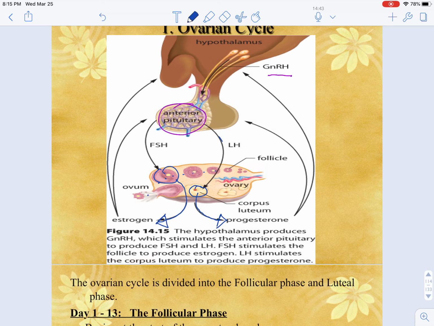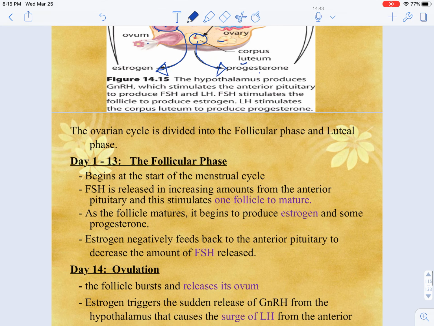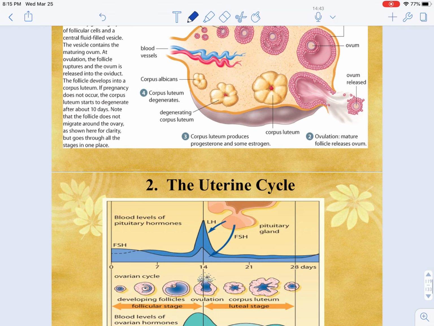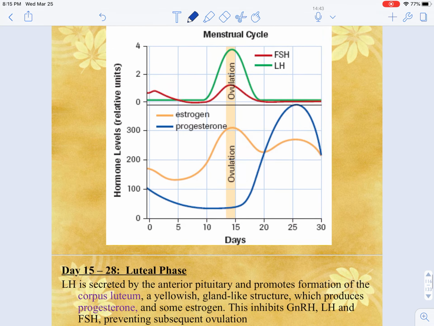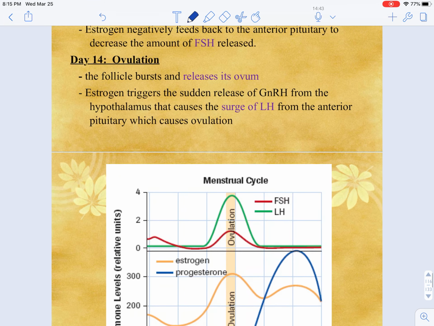I'm going to have you think about this one, sketch it out for yourself. FSH, which affects the follicle, causing it to make estrogen. LH, that affects the corpus luteum. That's the word L comes from luteum, causing it to make progesterone. And this part of the notes, I will talk about the uterine cycle in our next lesson. But I'm just going to finish up to say that the